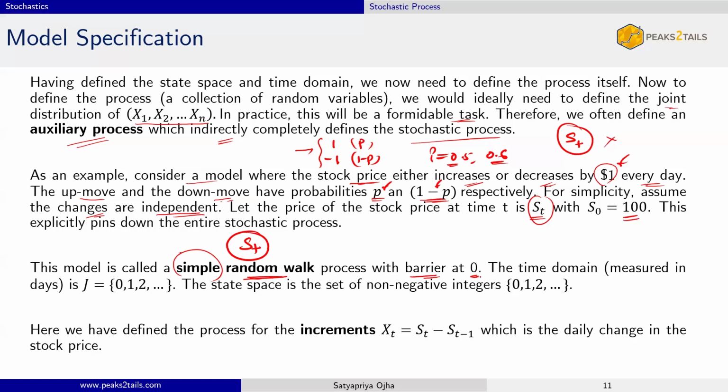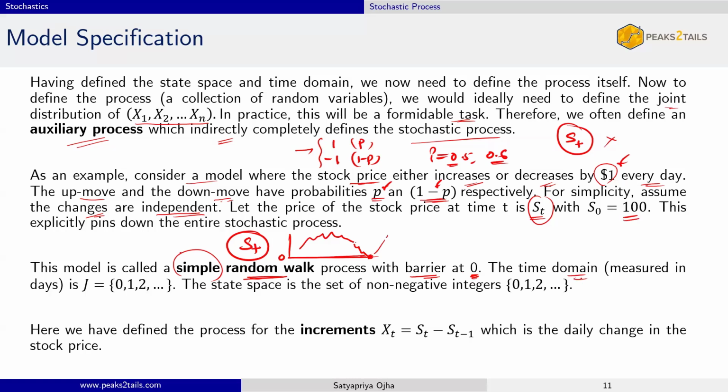So it is an absorbing barrier. When we discuss barrier options, we'll talk about barriers, but we have a natural barrier here for the stock price, right? Stock price can go up, go down, but there is a barrier at zero. If it hits this point, basically the company is bankrupt and somebody has to bail it out, then it will go up, but it can never be negative. Stock price can never be negative, so there is a barrier.